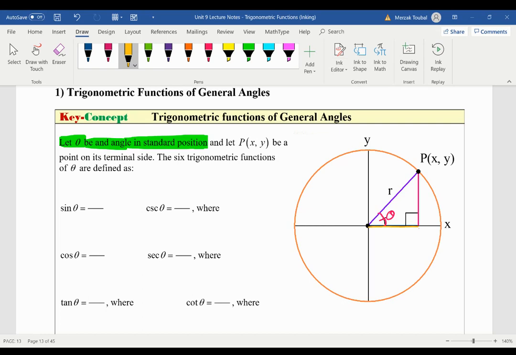The initial side is on the positive x-axis, and the terminal side, which is the radius in this case, the radius of the circle. The radius of the circle is the hypotenuse of the right triangle, as you see on this figure. So this is the initial side, the radius is the hypotenuse, and the opposite is